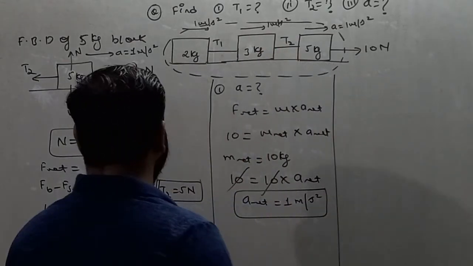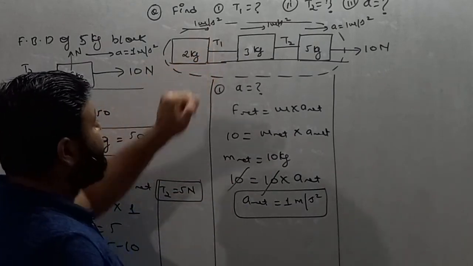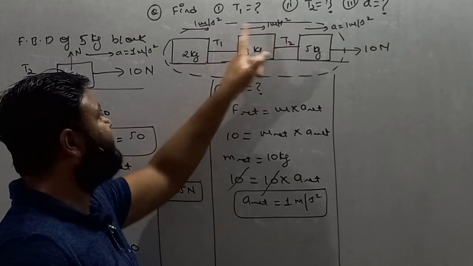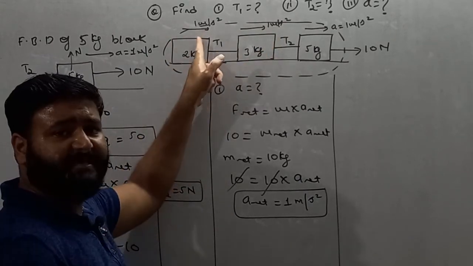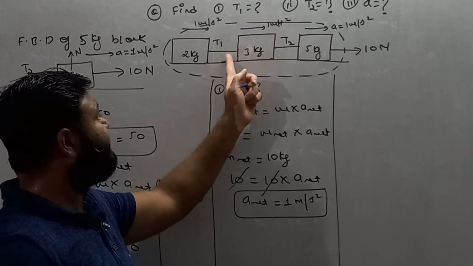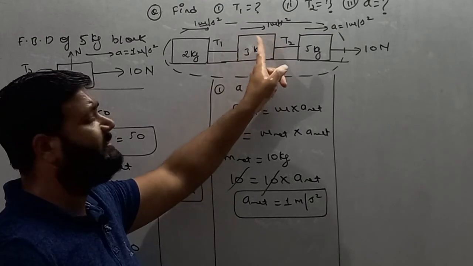Moving forward, now find the value of T1. So for finding the value of T1, either you have to make the FBD of 3 kg or you have to make the FBD of 2 kg. See, if you are making the FBD of the 3 kg block, then two tensions will be acting on this 3 kg